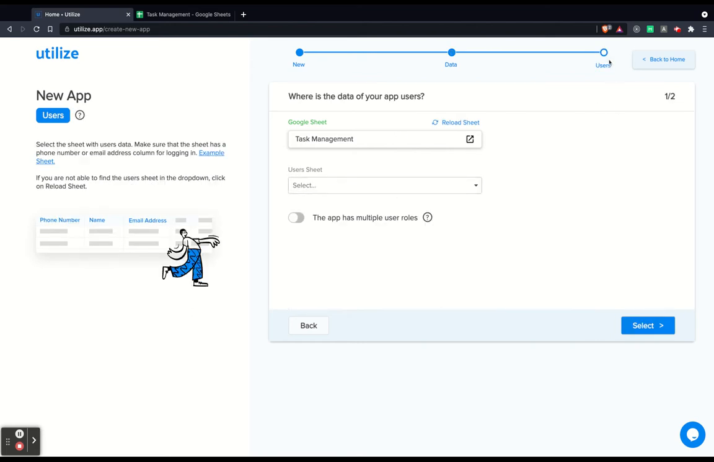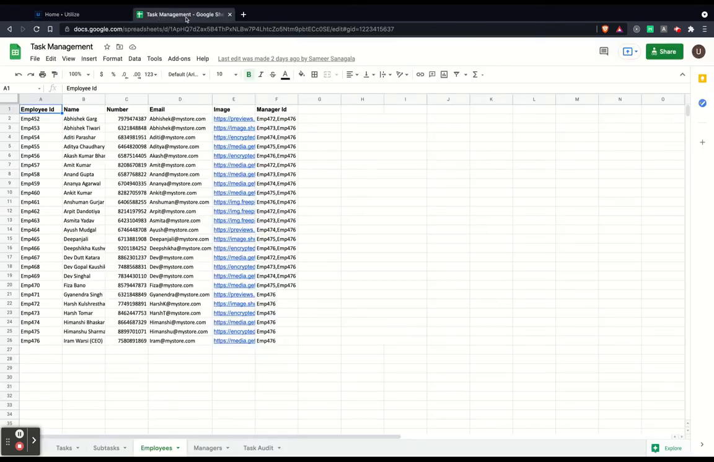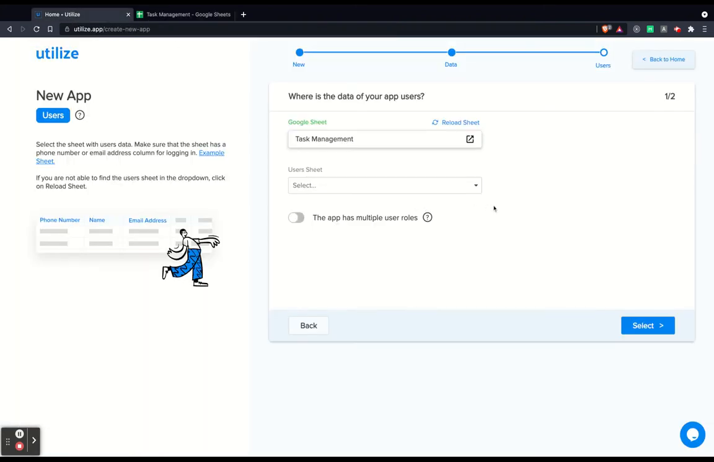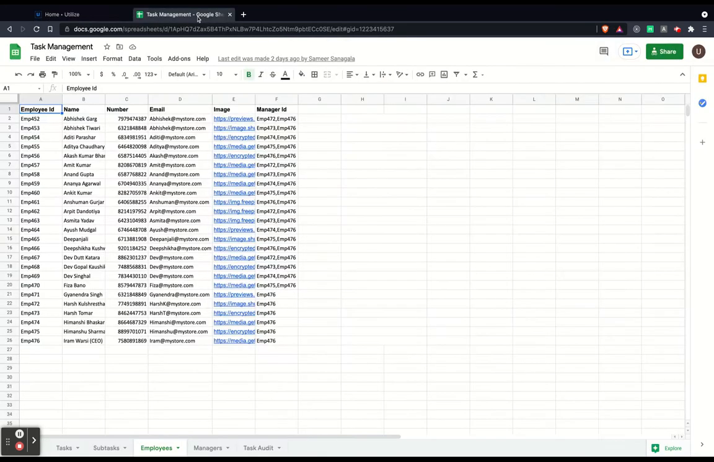The next step is the user step. This step will basically be used to understand, or configure, how your users will log in. If you already have a user sheet in your spreadsheet, like I do, employees and managers, then you don't have to do anything. If you don't have a user sheet, you first have to go to your spreadsheet, create a new user sheet